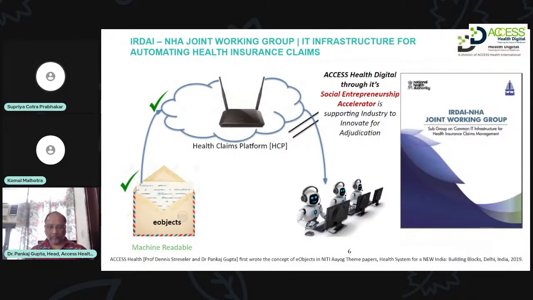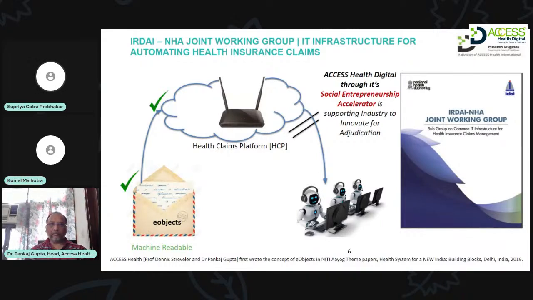Okay. The e-objects were adopted by the National Health Authority and were published in the IRDA NHA Joint Working Group report on health insurance claim management. So what an e-object does with respect to the health claims platform is that it carries a minimum amount of information that is machine readable, that can be used by a health claims platform, which basically acts as a router to send information to the required health insurance provider and send information back to the healthcare provider. So basically, what the health claim platform is doing here is act as a postman between the payer and a provider. So when an e-object is generated by a healthcare provider, it is sent